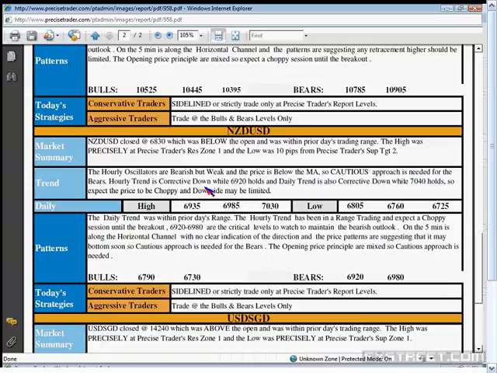So early on I said it's saying corrective down. Again, we are saying that even the oscillators are supporting our view, meaning it is approaching down. So you have to be careful, especially if you are bearish. The hourly trend is corrective down while 69.20 holds. Daily trend is also corrective down while 70.40 holds. So expect the price to be choppy and the downside may be limited. So overall, what we are saying is, if you are a seller, be careful. That's what we are telling you, and that's the warning we are giving you.